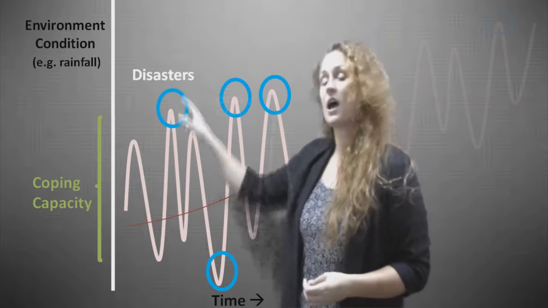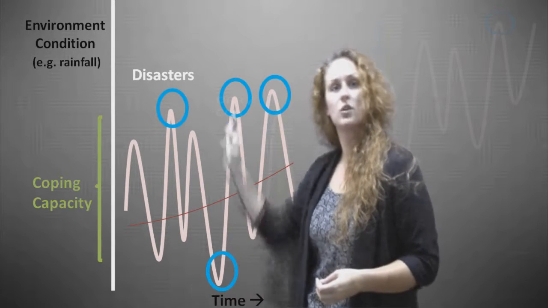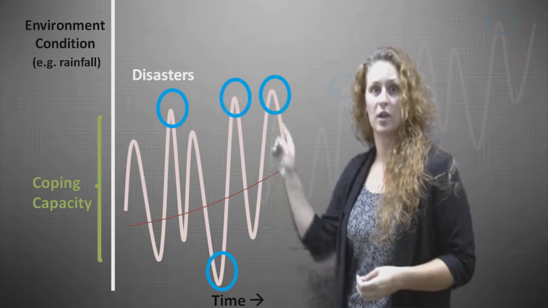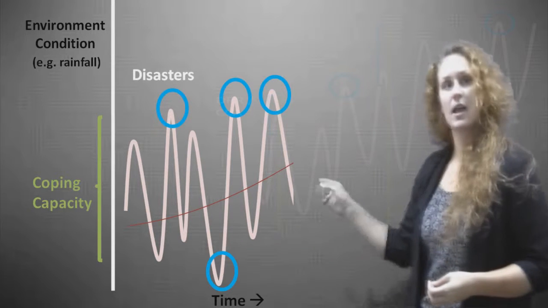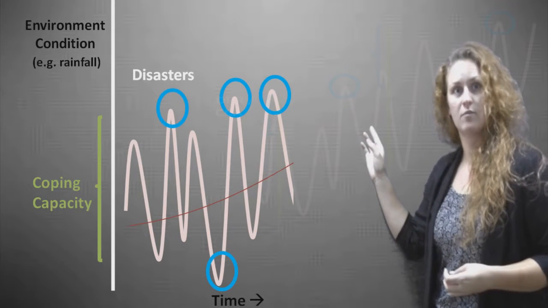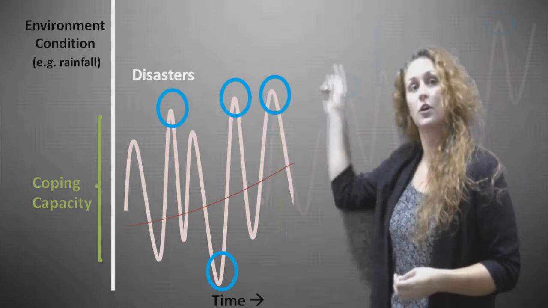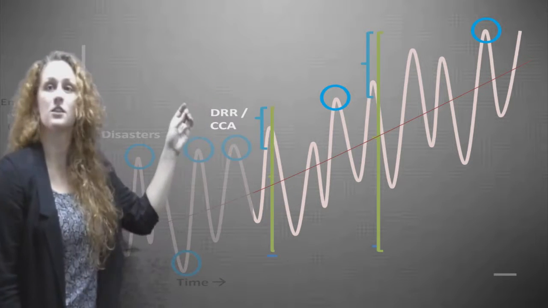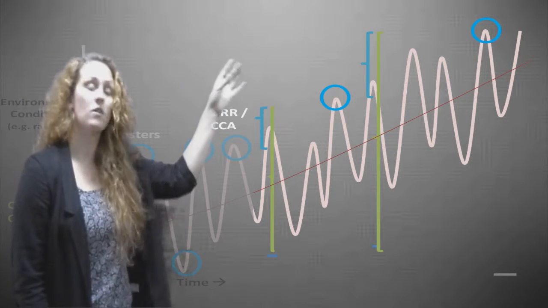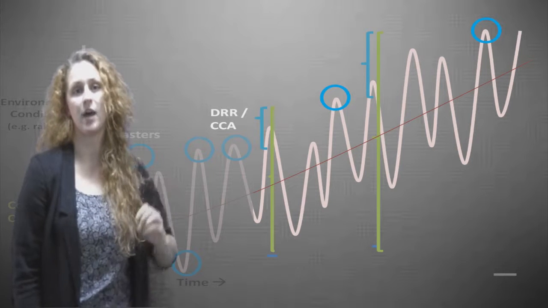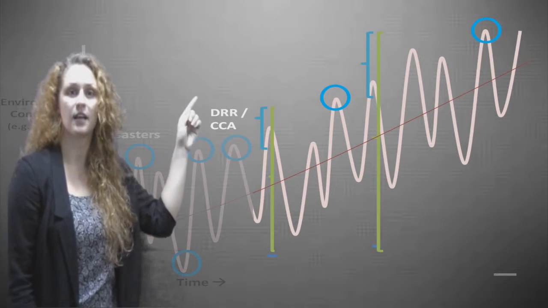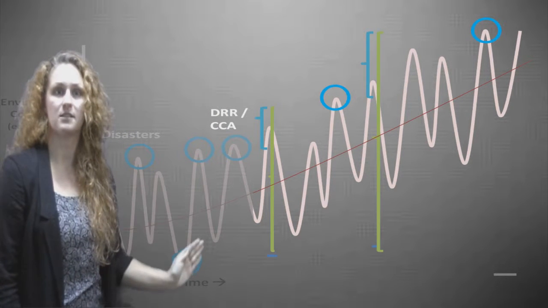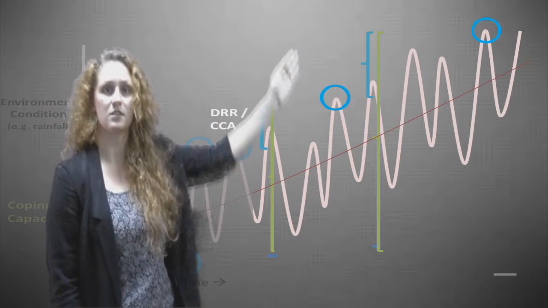It's when we get these extreme highs or these extreme lows that we see drought or floods or landslides and other consequences of these extremes that are outside of our coping capacity. However, we see this trend in climate change that's increasing our rainfall in this area as we start to see these disasters occurring more frequently. What happens then is that as this increases, you see more disasters occurring and more variation. What we need to have happen at that point is to have disaster risk reduction activities or climate change adaptation activities occur that will increase our coping capacity so that we can handle these new levels of variation in the